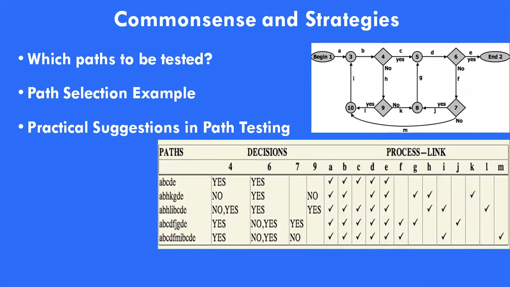After we have traced a covered path, we have to set the master sheet and fill it in the table for every path, and we have to check so many things. Does every decision have a yes and a no in its column or not? We have to test whether the decisions have yes and no in the column or not. And we have to see whether every case of all the case statements is marked with this correct symbol or not.